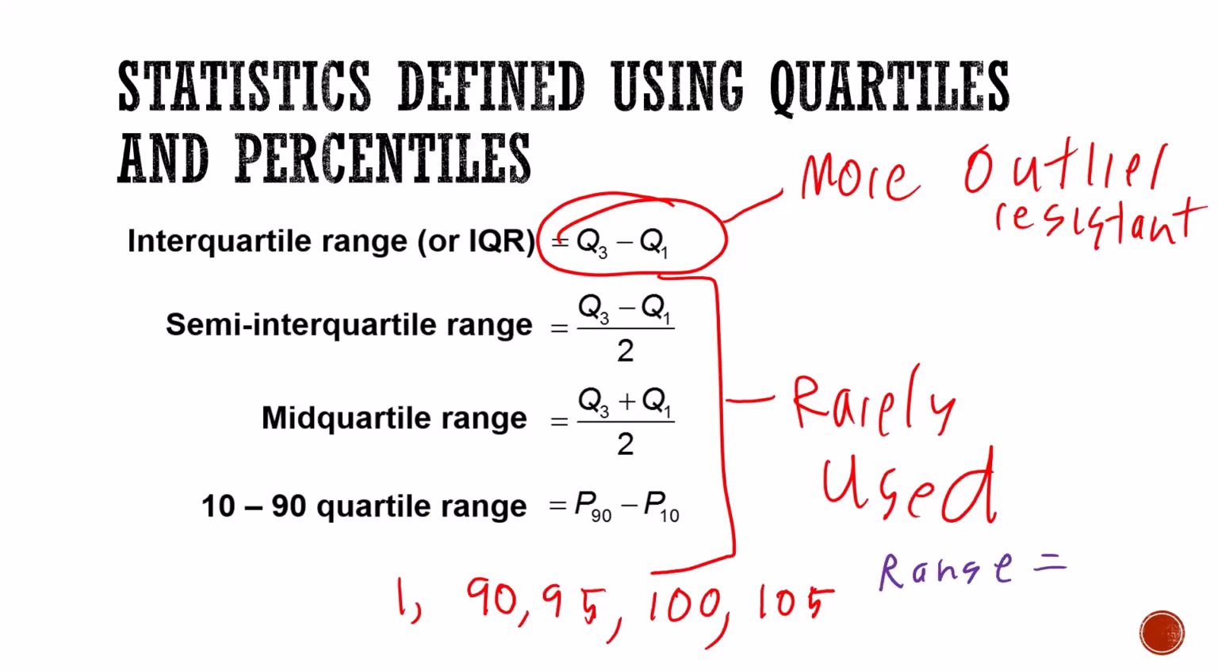So the range for this data is 104, right? But that's not a good way of expressing the true variation of this data, right? Because notice all of this data is bunched up around the 190 area except for one, right? But notice